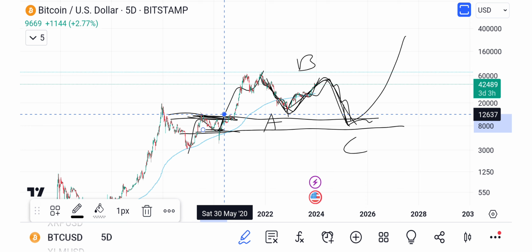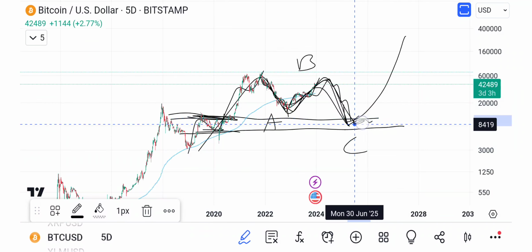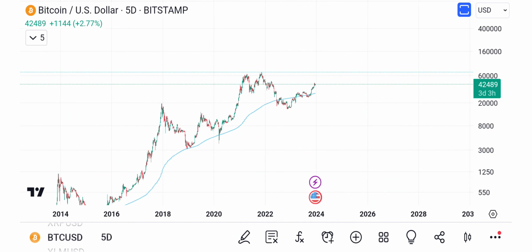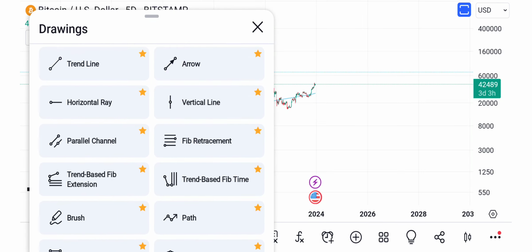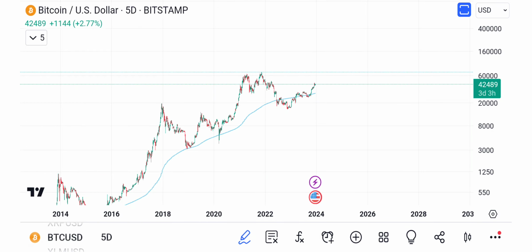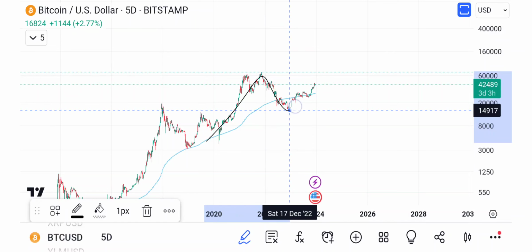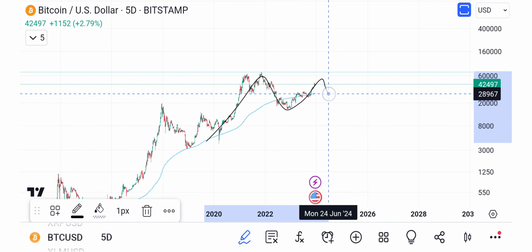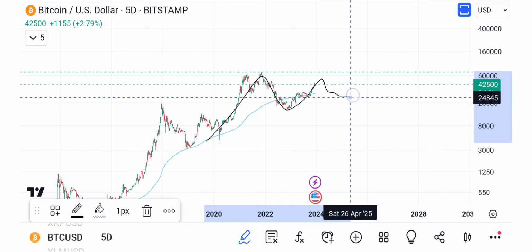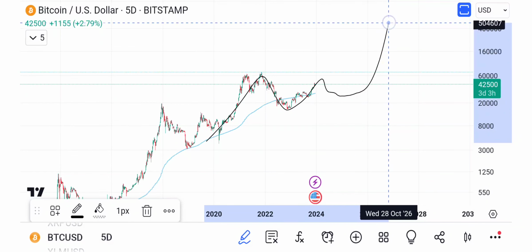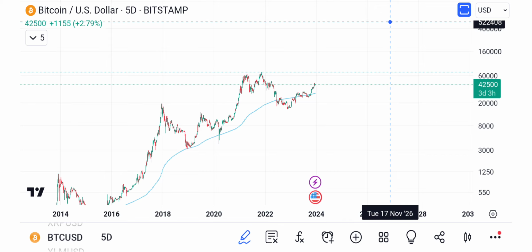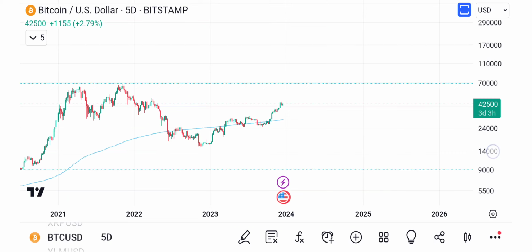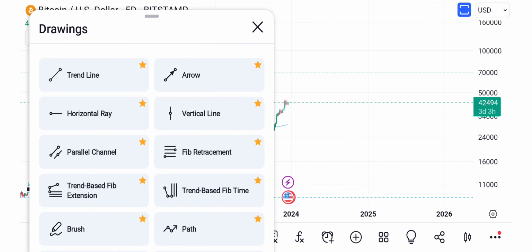So option number 1, A, B, C. We come down, we backtest, we go. Option number 2. This was a rise, this is a crash, this is a retrace. We come down for reaccumulation, and then we go. That's option number 2. Option number 3 is the one that I like because it gets us out of here,